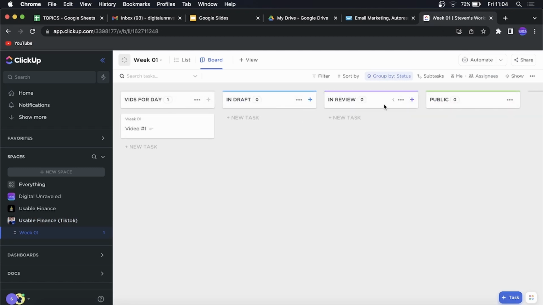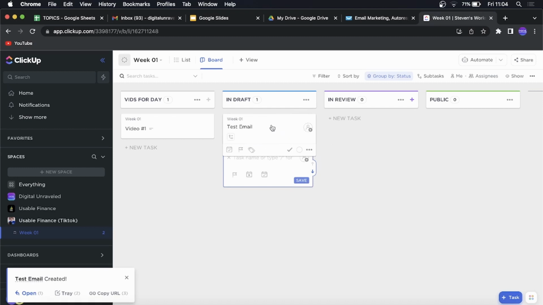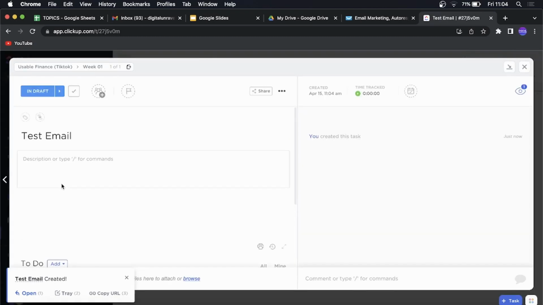You can see underneath each section here it says new task. Simply just click on new task and then you can type your task, test email, then you can click on save. Once it's saved, you can click on it one more time and then you can do things like give